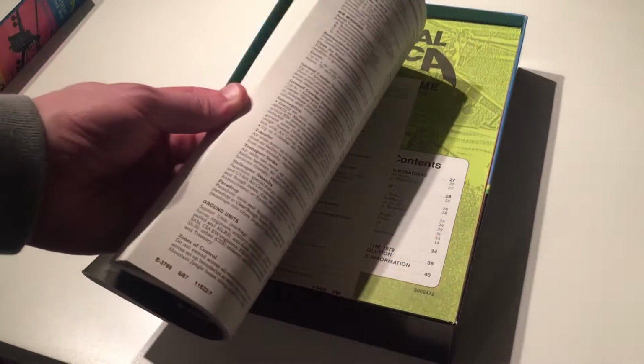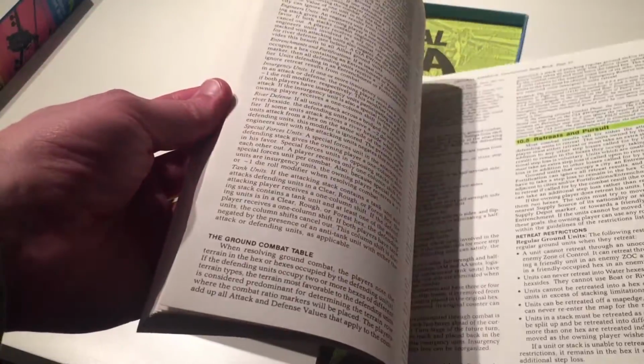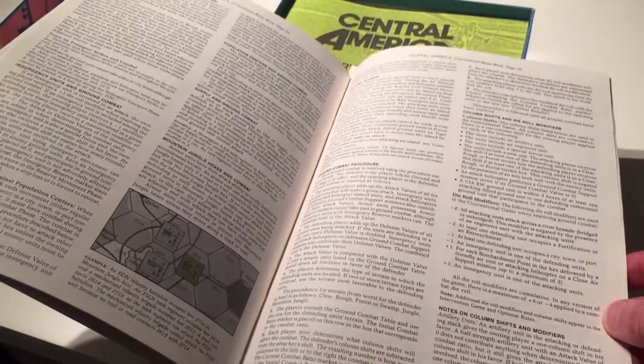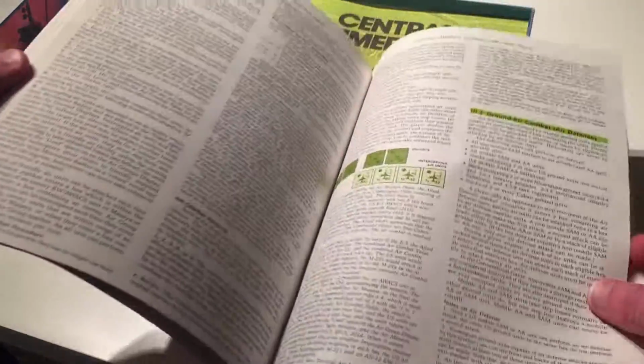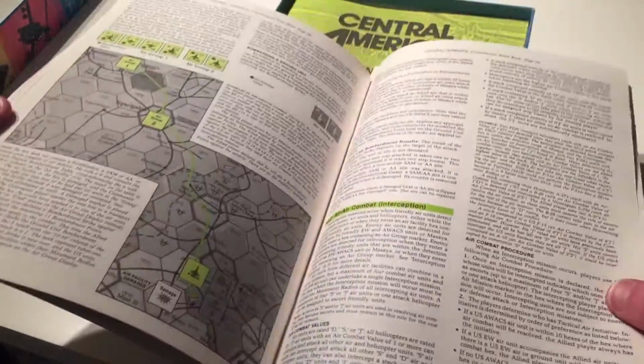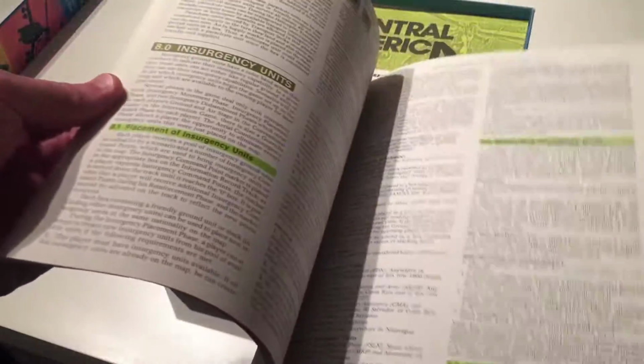And you can see, like a lot of the Victory Games rulebooks from this era, it is thick. We're looking at 64 pages of rules, right up there with On to Paris, which I just played recently. That had an ominous 64-page rulebook, and this looks even more dense with text than those On to Paris rules. So it's like some pretty intense rules, although there may be